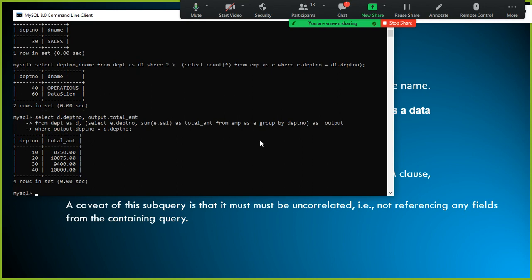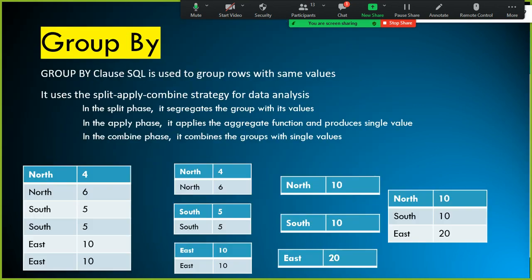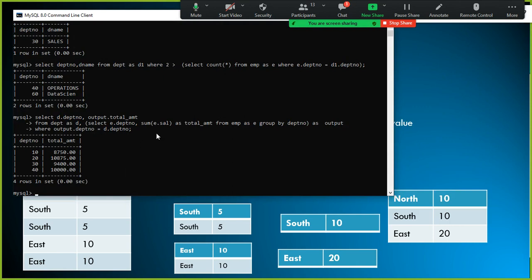So what is happening here? It computed, so what is group by? We'll discuss the group by now. Before we understand this, you now understood at a high level what an inline query is. Instead of specifying the table name, you have used the query itself.